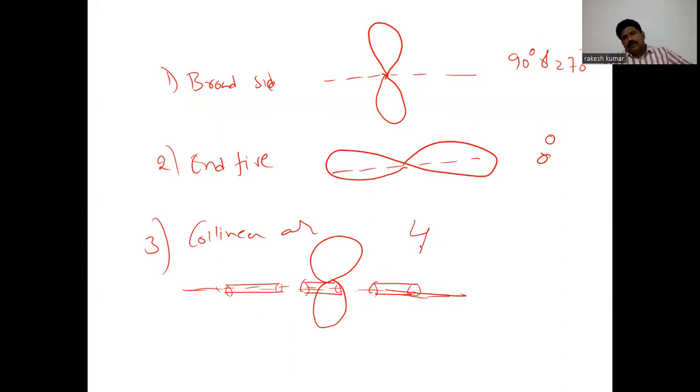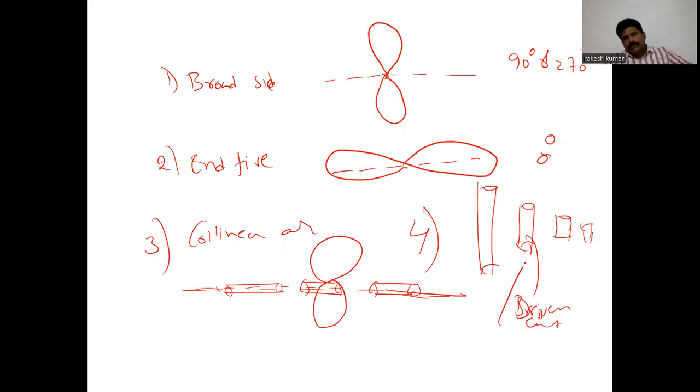And the fourth one is parasitic array. Parasitic array means only one driven element will be there, and the remaining antennas get excited. This is the driven element. You will provide excitation to this. If you provide excitation to this, due to electromagnetic coupling, they will excite these parasitic elements. These are parasitic elements. So totally four antennas are